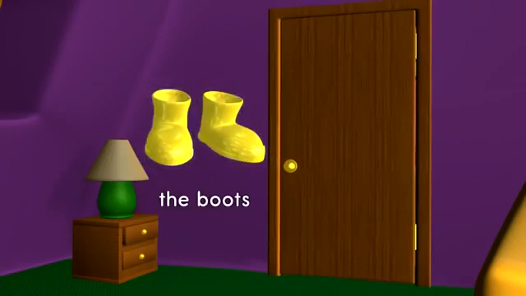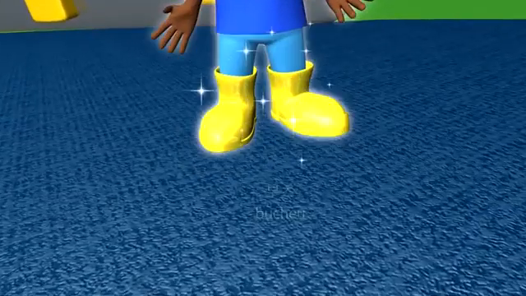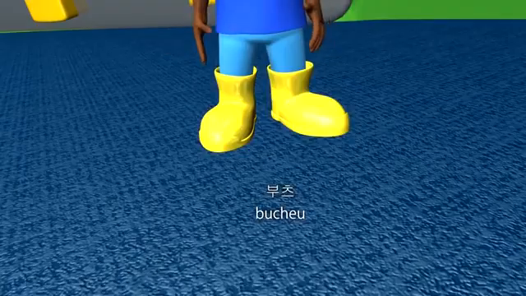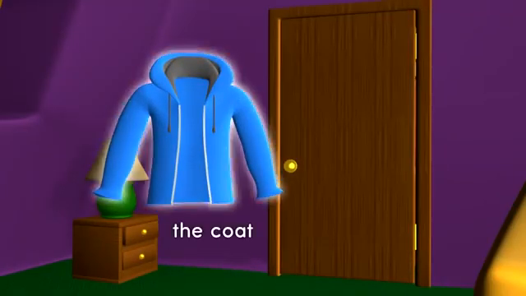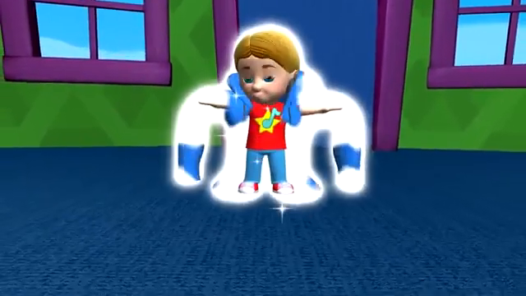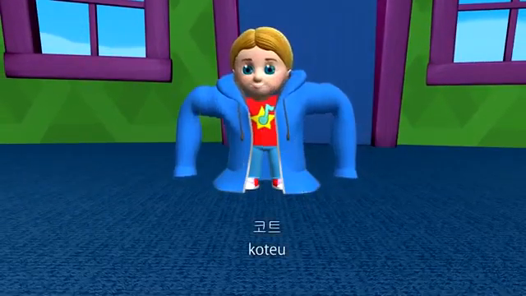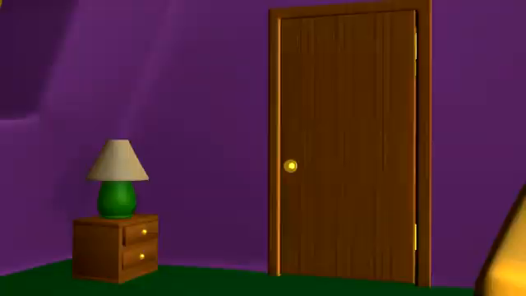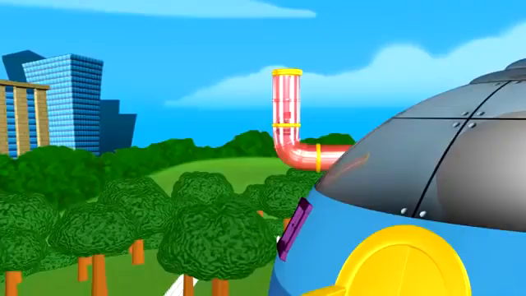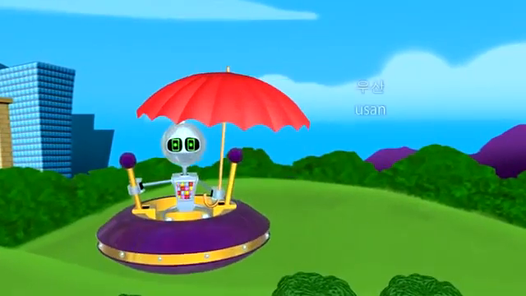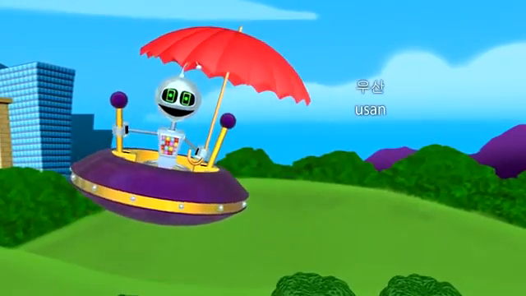The boots. 부츠. The coat. 코트. The umbrella. 우산,